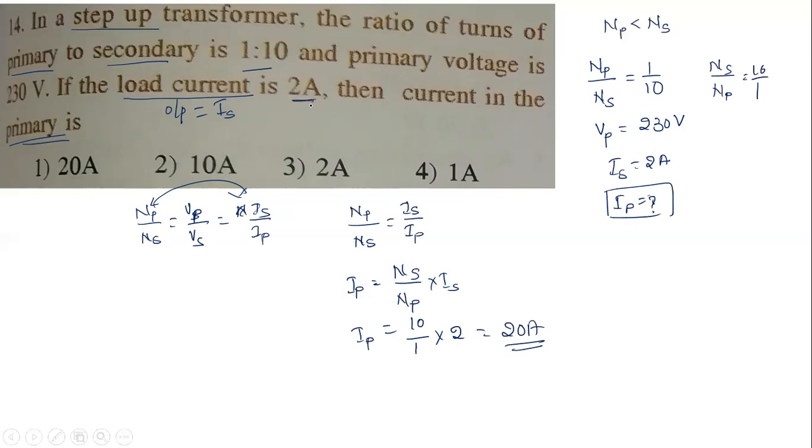Of course, it is a step up transformer, because the current is decreasing, the voltage must increase. But we don't want voltage here, they didn't ask that question. If they ask, you need to find it using this relation. So option number 1 is correct, that is 20 ampere. Is the question clear to all of you? Lakshmi and Revant? Yes, sir. We'll move on to the next question now. I hope you're following and copying that.